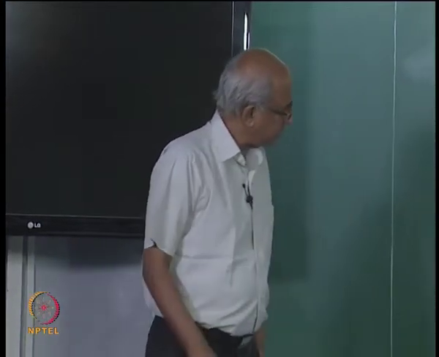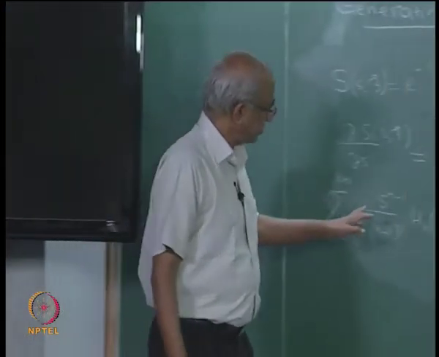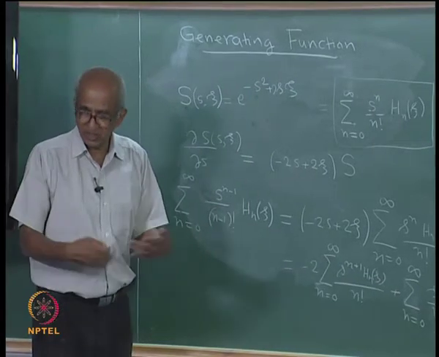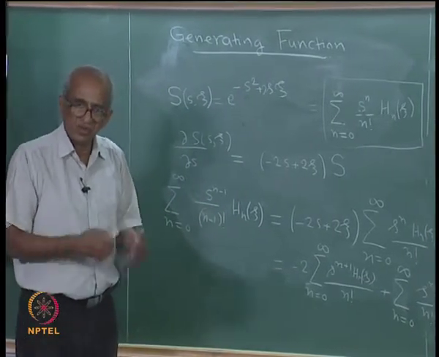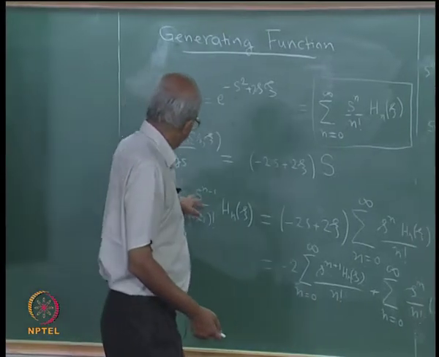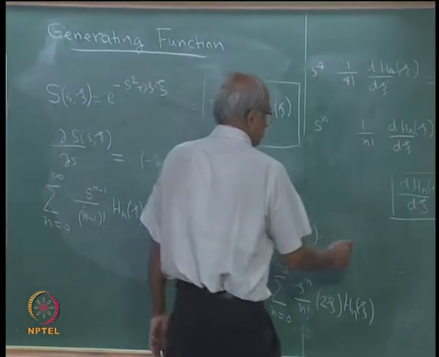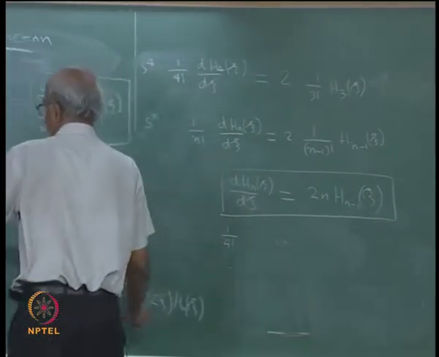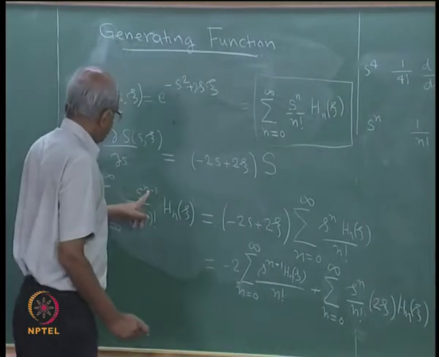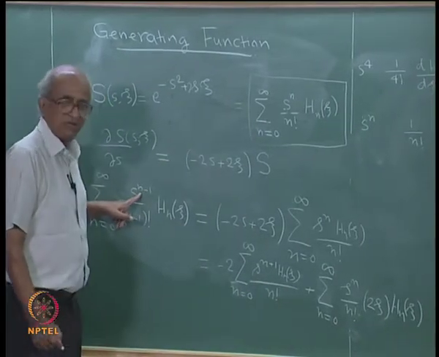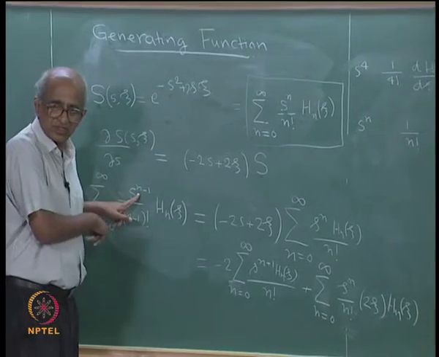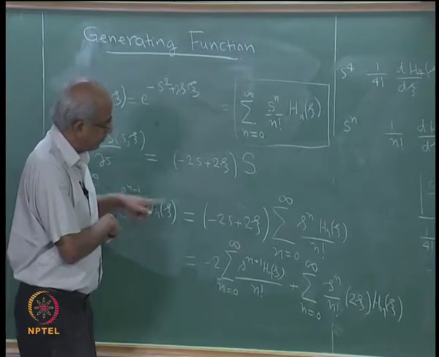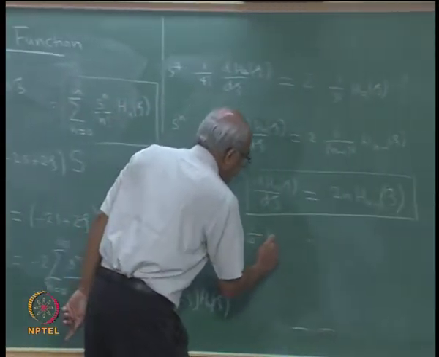So, just as before, maybe we will just look at the coefficient of s to the power of 4 on the left hand side as well as on the right hand side, equate the two, see what happens and then generalize it. So, what will be the coefficient of s to the power of 4 here? It is going to be 1 by 4 factorial, right. You have to say n minus 1 in here is equal to 4, because I want to get the coefficient of s to the power of 4. So, n minus 1 is 4, that means I will get 1 by 4 factorial H5 of C